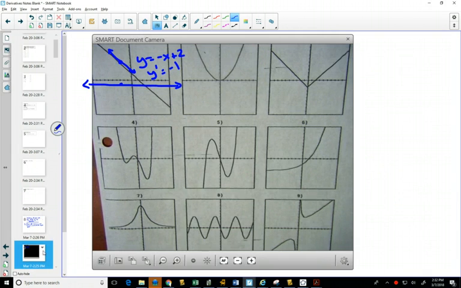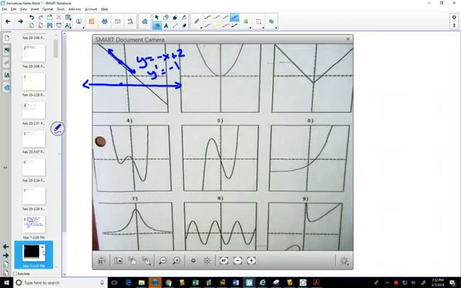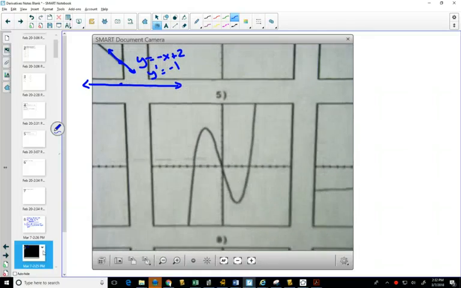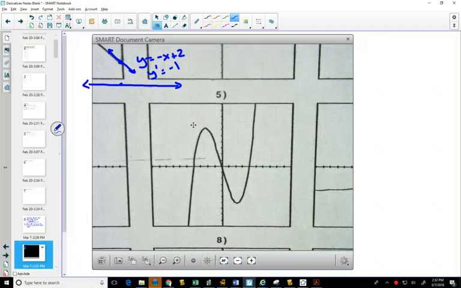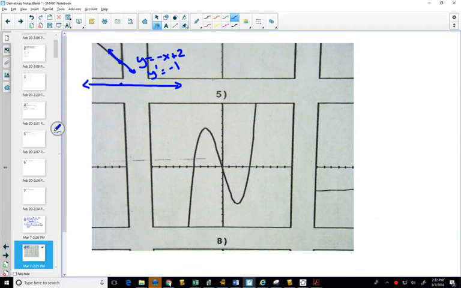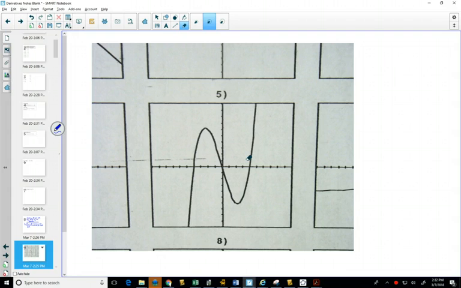Maybe I'll zoom in to number 5, make it even bigger. Yes, that's good. You can say this is a cubic, so the derivative is going to be a parabola, but this one might be to the power of 5. You don't know for sure that it's cubic. It might be the power of 5,